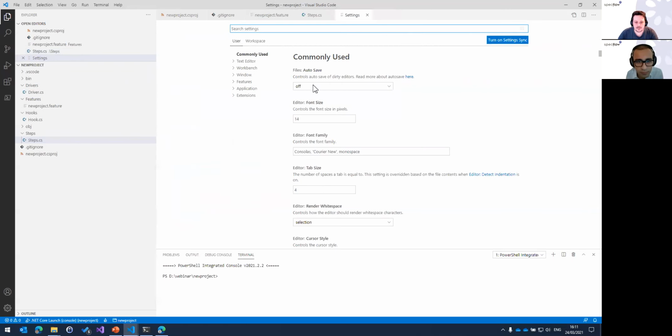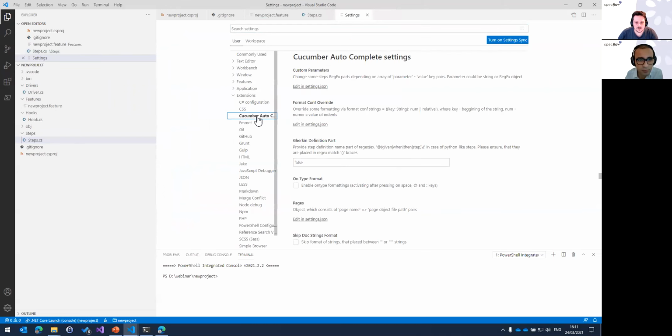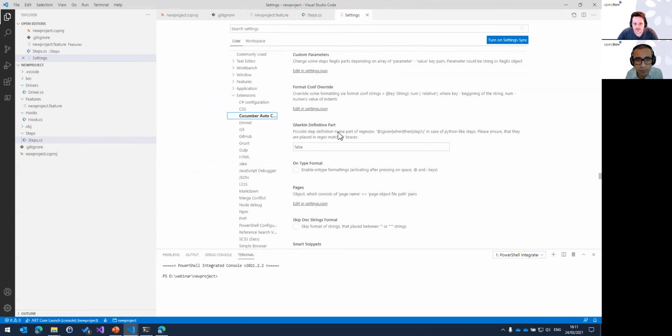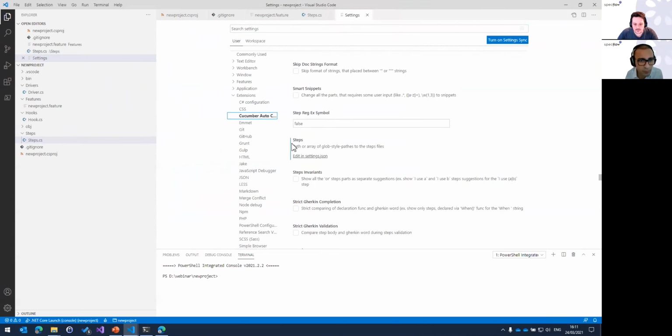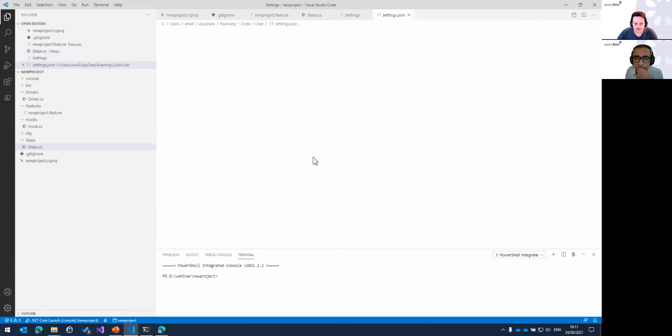You have nice settings, and you can then use here Cucumber, and somewhere here in the settings is a steps parameter. And here you have to configure an array where your steps files are. You press here, and what I have already configured is that it looks in every subfolder for CS classes and looks there for the